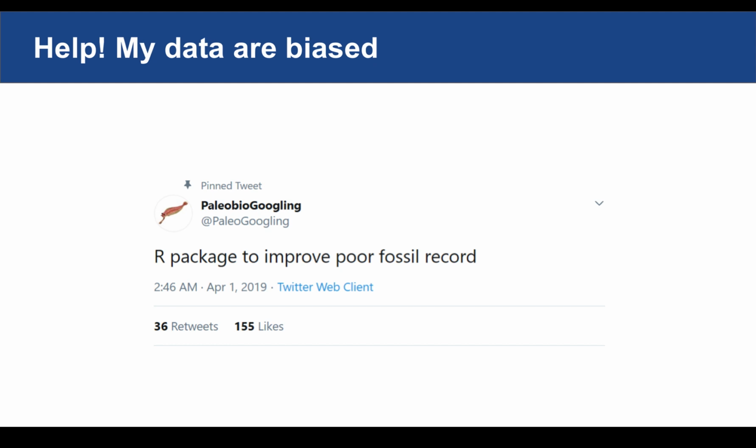So you may have already realized this. Of course, you will all have your own individual projects that you've been working on for whatever it is you're interested in. You almost certainly will find, because it's from the fossil record, that it's in some way biased, and that's something you might worry about in terms of whatever your questions are about that data. The important thing is not to worry too much about that.